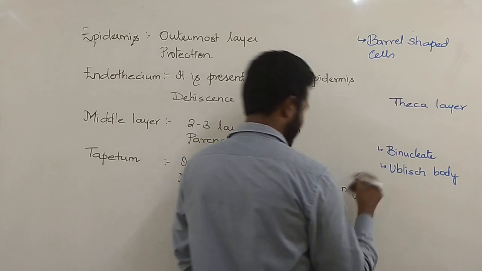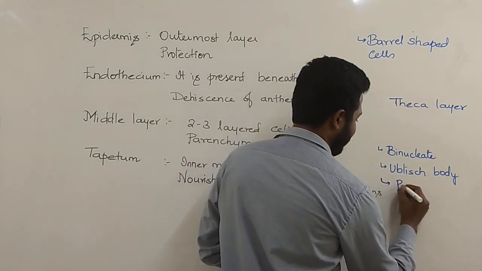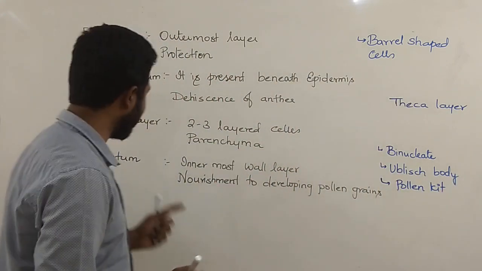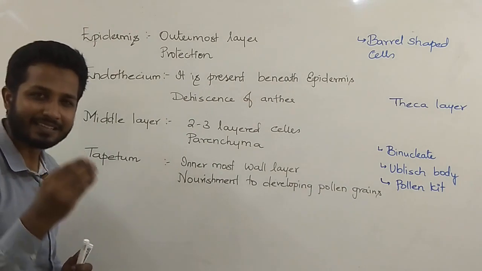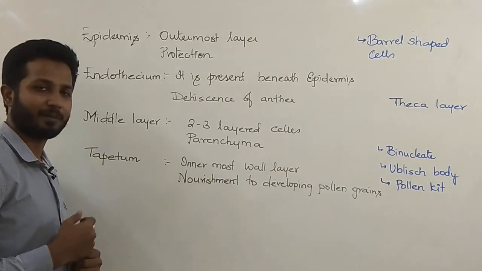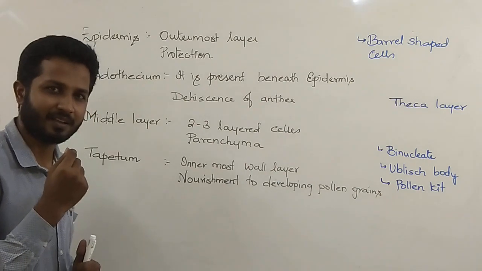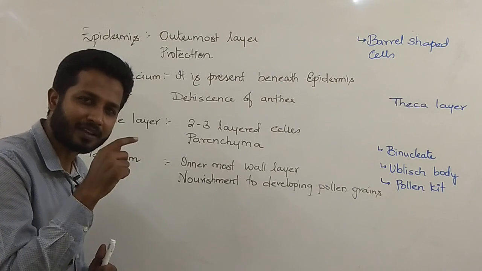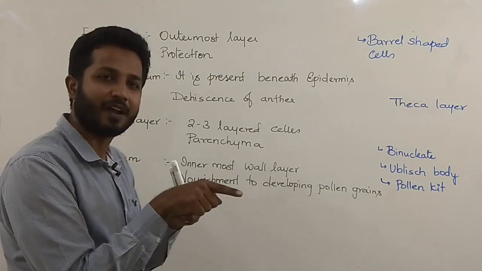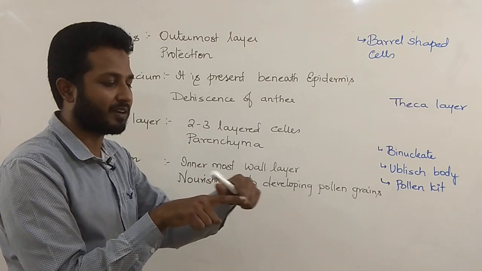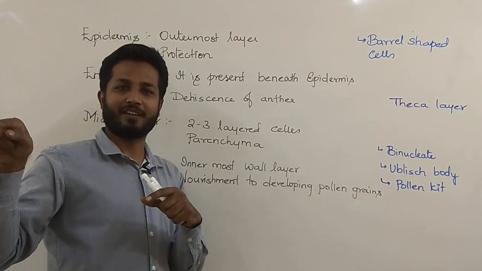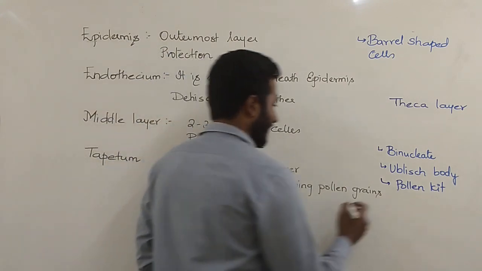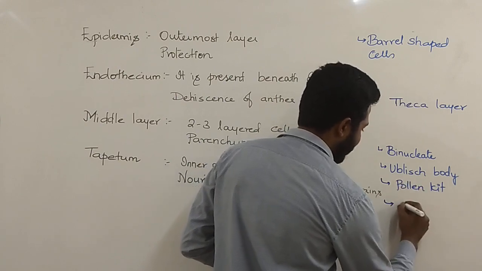To create a sticky nature on the pollen grain, to create a gel-like, mucilaginous structure on the pollen grain, we see that the so-called pollen kit is also applied on the pollen grain by the tapetum. So a jelly substance or mucilaginous substance has been applied, like how we have saliva, a jelly substance, a liquid which is quite thick. So a thick liquid is applied on the pollen grain, making sure that whenever any pollinator enters the flower, it will attach the pollen grain to itself. Then it will go to some other flower, and there it will transfer this pollen grain. Followed by this, see, it also produces one carbohydrate called callose.